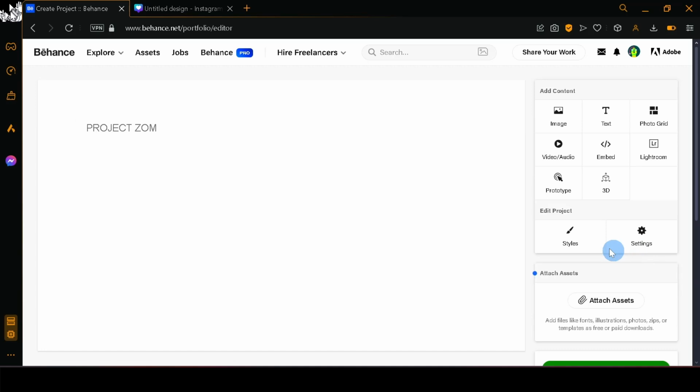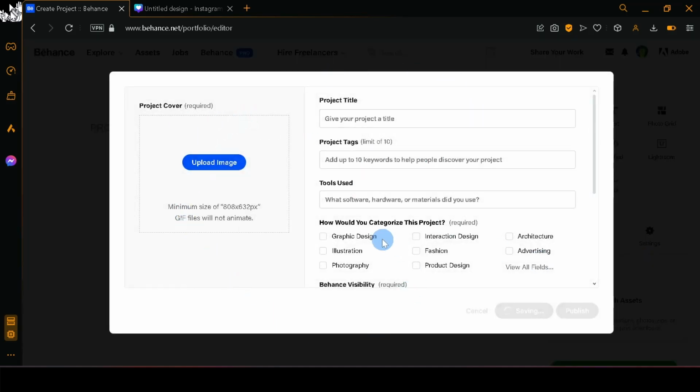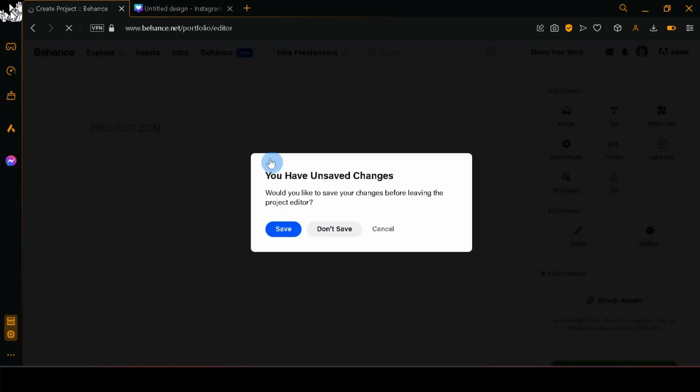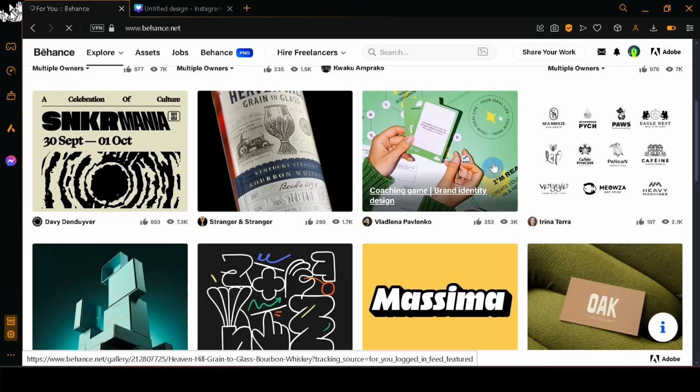Then you could post it as well after that. So anyway, there's different settings that you will be able to play around with this. As you can see, you could categorize them. And another tip that I could recommend to you guys is that you could actually visit and check out different